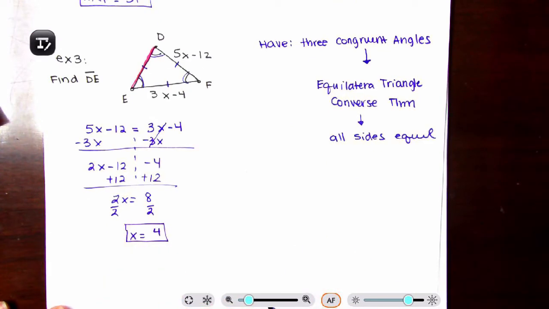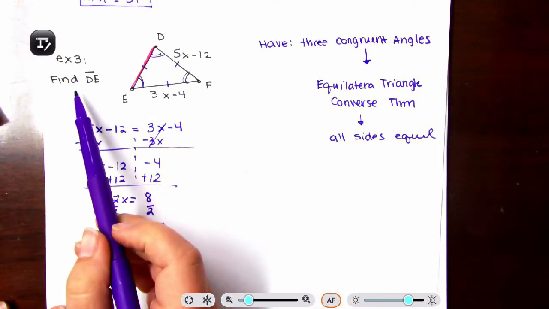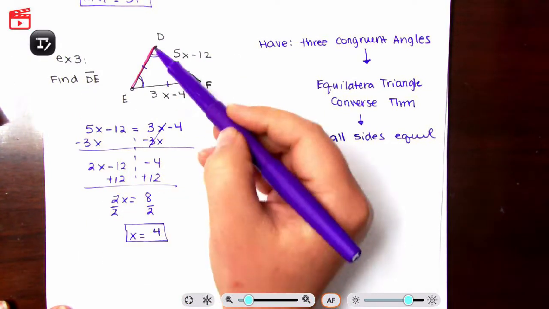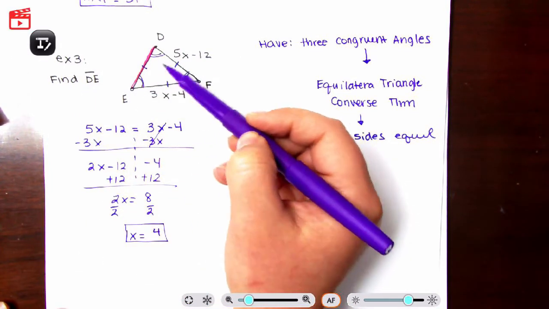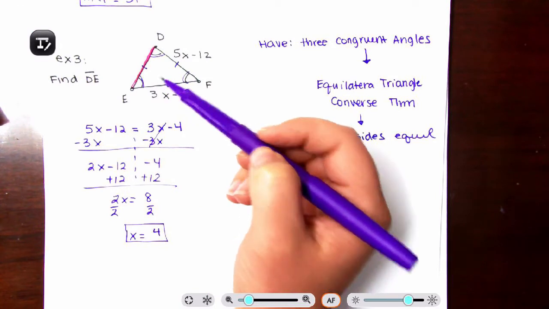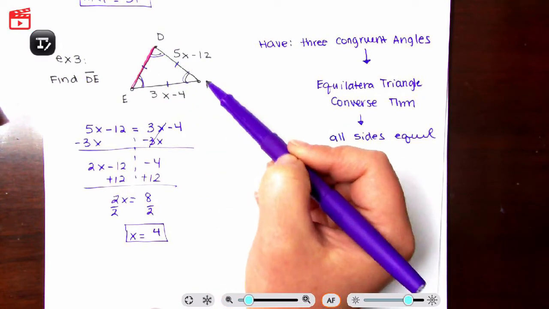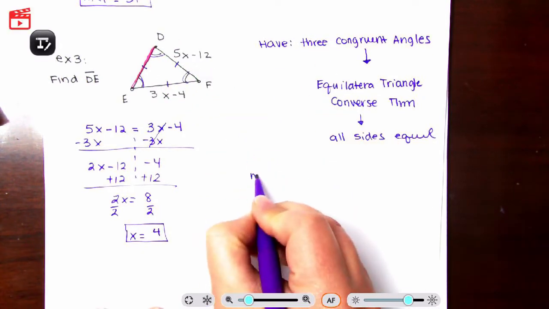Again, what does that tell us? Not much, because we're trying to find DE. The measure of DE is congruent to all of the other sides. So if DF, so measurement